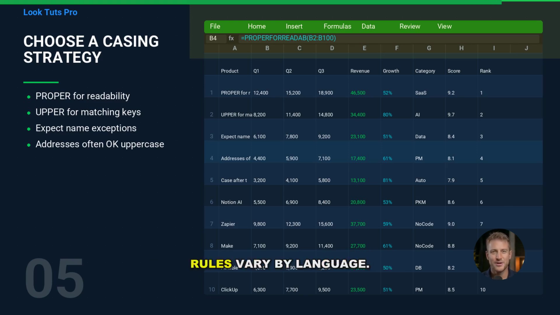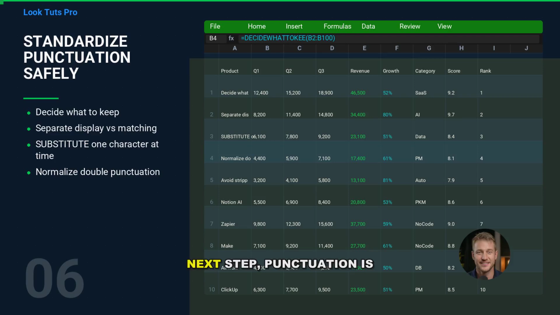Some casing rules vary by language. Now let's handle punctuation, where most accidental data damage happens. Next step. Punctuation is useful for humans, but it can block matching. The key is to remove or standardize punctuation only in the columns meant for matching or exporting, not in your